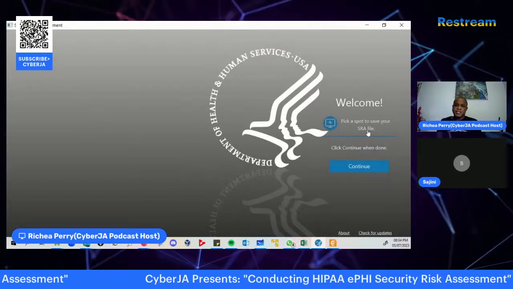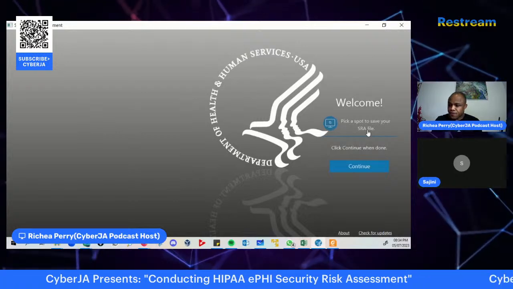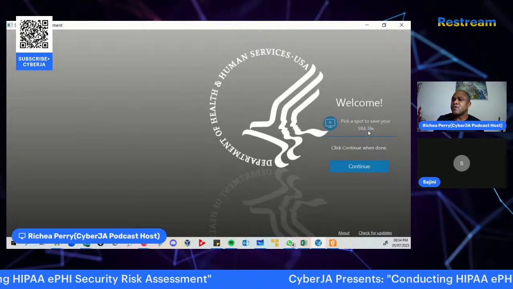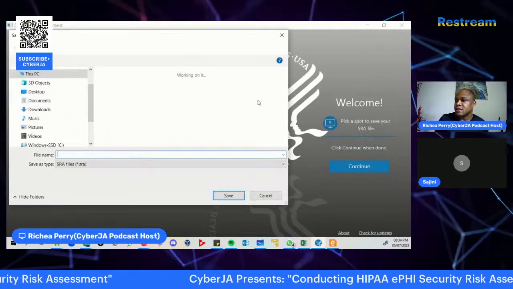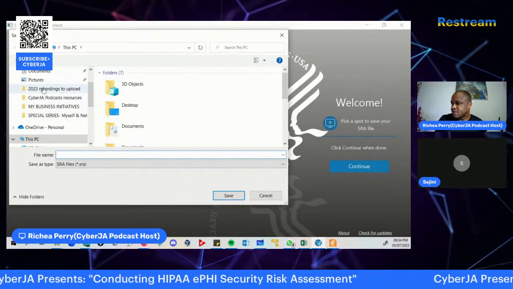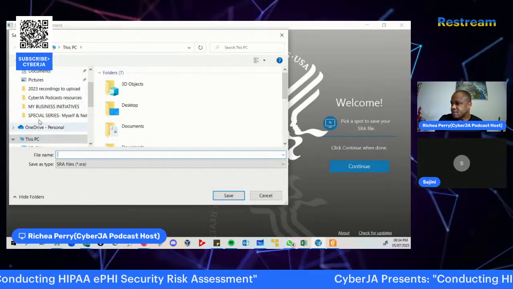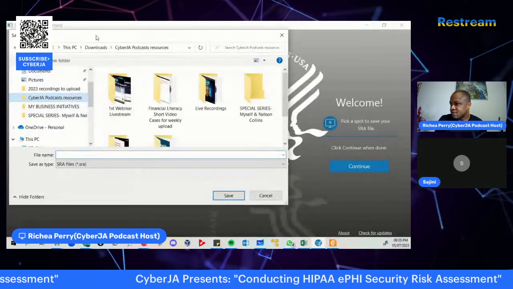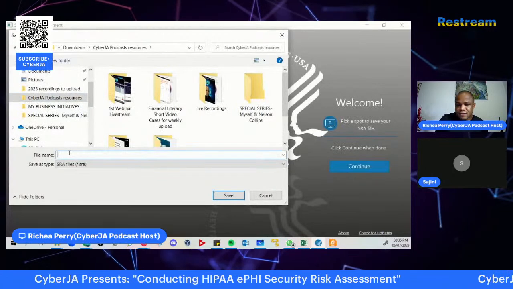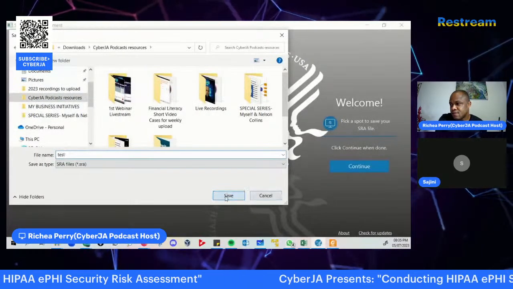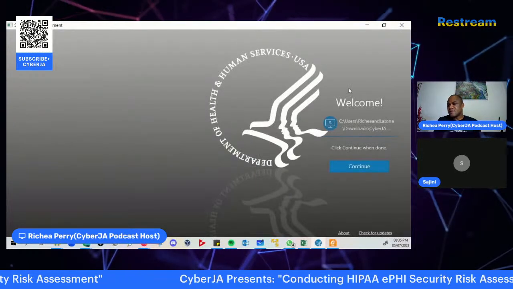In most organizations, you might be working on a server, so you want to identify a location to save that particular file. And we can just say test, right?